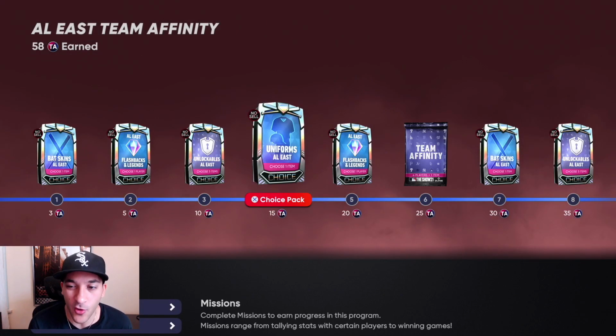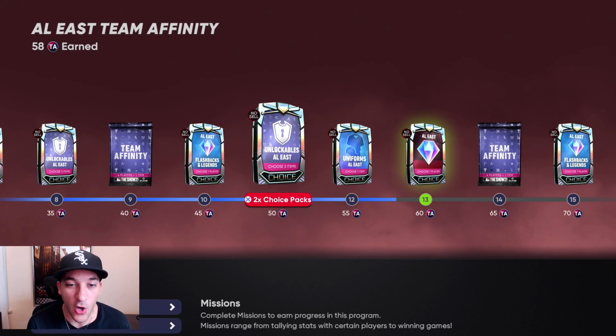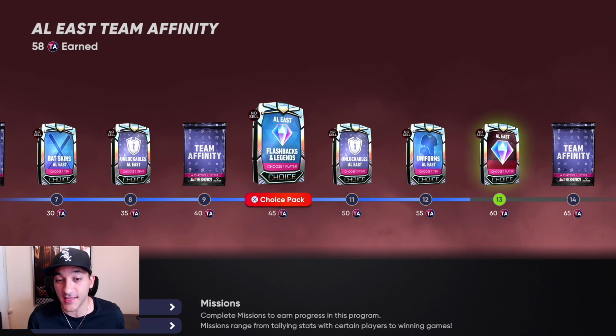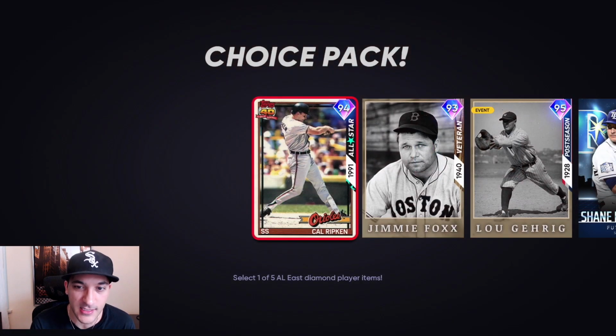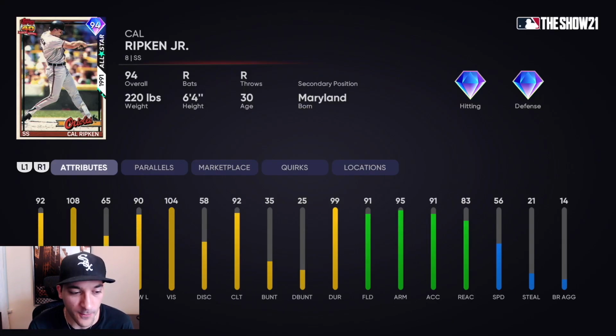While doing that though, we will do some of these lower end cards too, because I think there's some hidden gems here too that can definitely help out your team. But let's start off with the AL East. So you got Ripken Jr, has great contact numbers, good power versus lefties, and good vision, diamond tier defense, 56